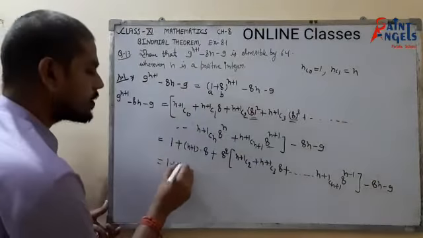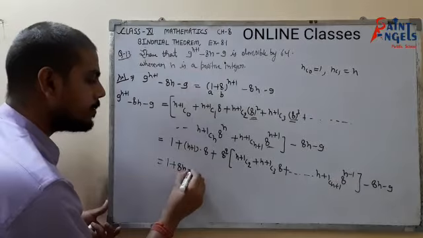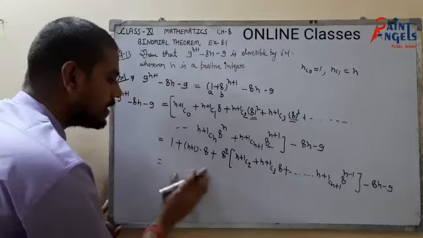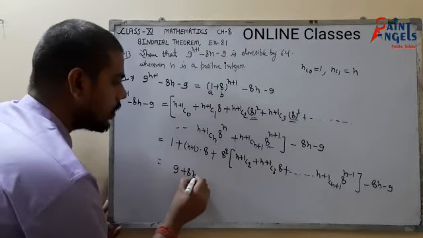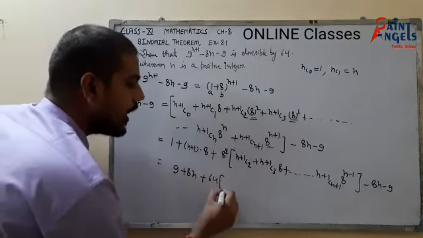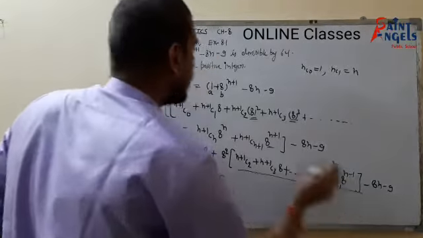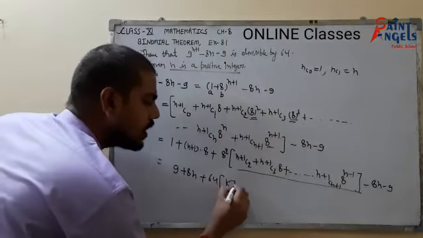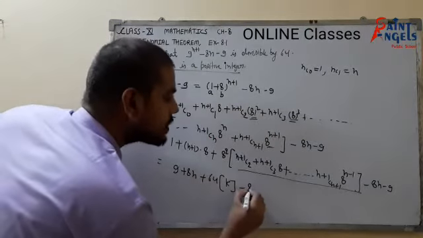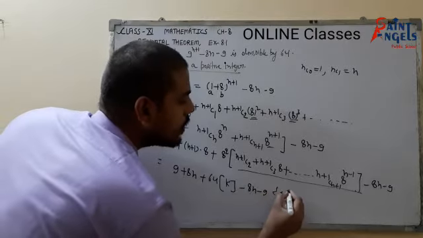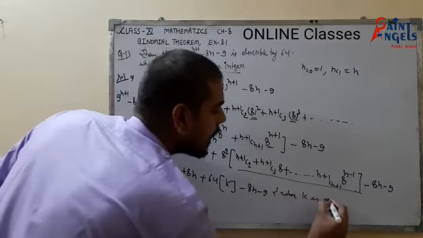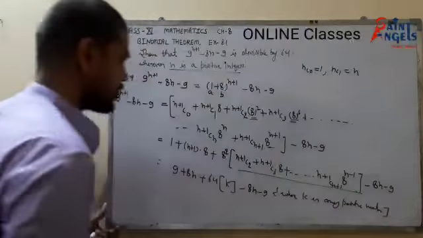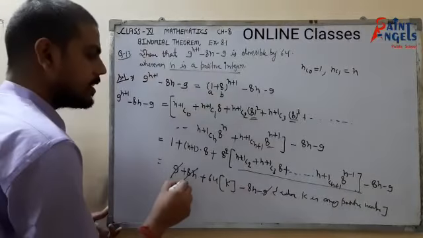Okay, so 1 plus multiply this, so it would be 8n plus 8. So this 1 plus 8 would be equal to 9. So can I directly write 9 plus 8n, okay, plus 8 square means 64, and whatever these numbers would be, because we have n as a positive integer, all these numbers would be positive. So can I say that 64k, okay, and minus 8n minus 9, where k is any positive number. Okay, and our question is also done. This 9 and this 8n will be cancelled out.